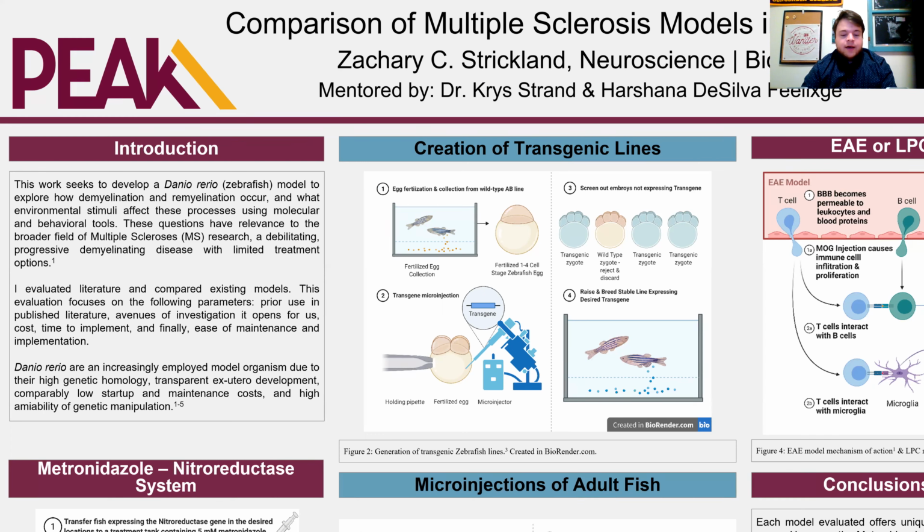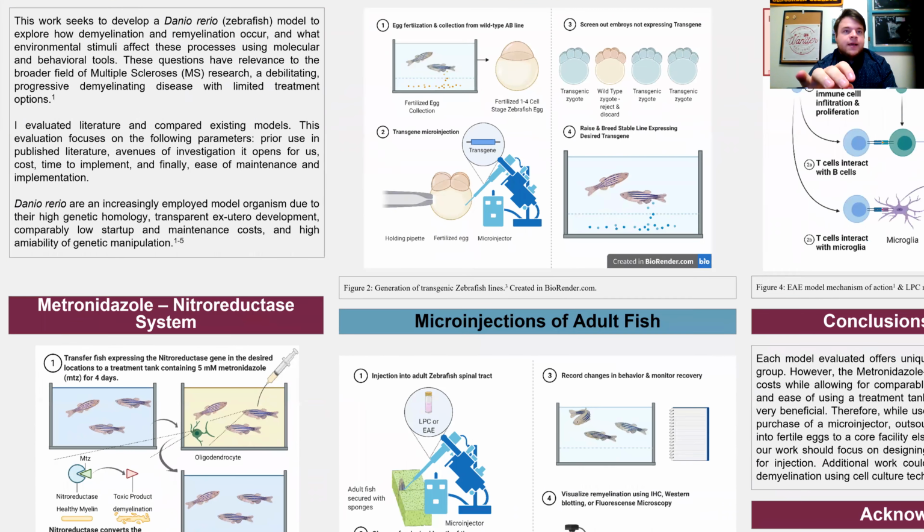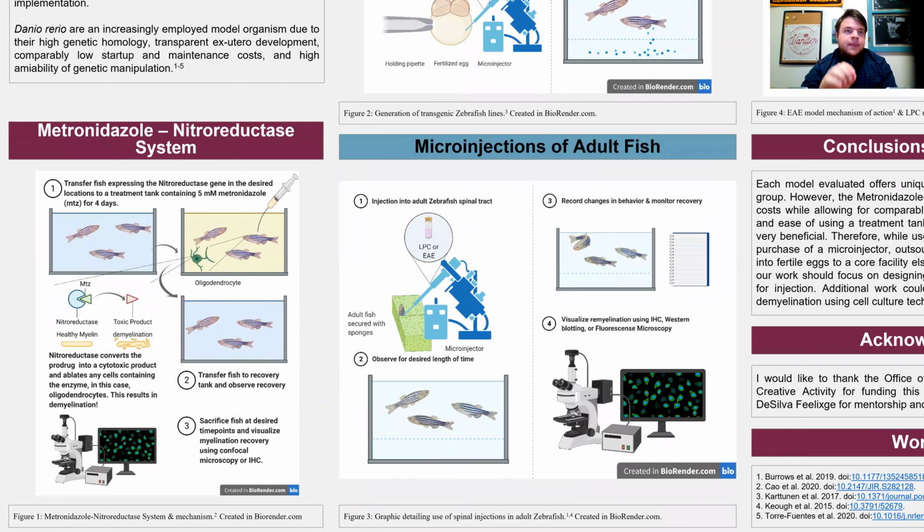So for a transgenic model system for remyelination, demyelination research, we will look at the metronidazole nitroreductase system. Metronidazole is a drug that's non-toxic to zebrafish unless the zebrafish is expressing the bacterial nitroreductase enzyme. So by strategically placing the nitroreductase enzyme under control of the myelin-based protein promoter, we can express nitroreductase only in the cells that myelinate, which allows us to specifically target oligodendrocytes, which is super powerful